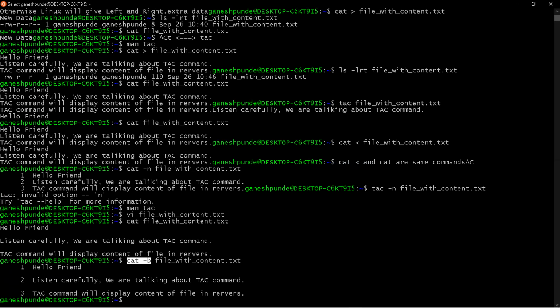What is the purpose of the cat command? Cat is used to create files with some content. It has the greater than operator if you want to overwrite, the single greater than, and if you want to append, the double greater than.